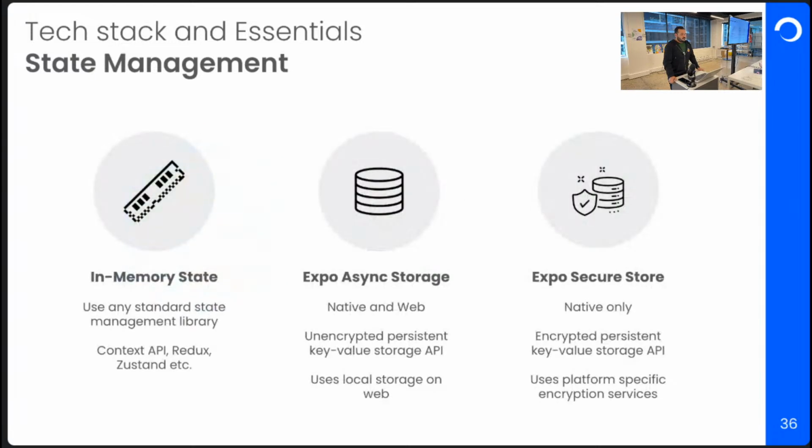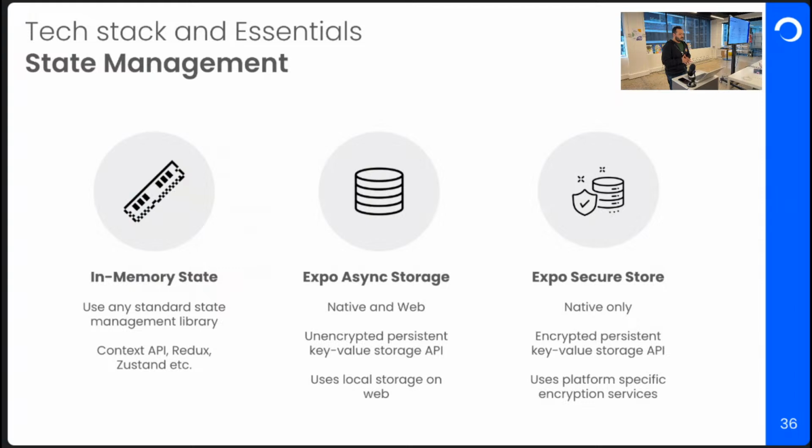Now, in memory state, it's like the runtime is just JavaScript and React and everything, right? So any state management library just works out of the box. You just use whatever you want, Redux, Zustand, any popular library. Then Expo provides this async storage. This is again a wrapper on top of the web local storage and the native storage API, right? So it gives you one universal API to save your data. So you just do Expo async storage dot get item dot set item, similar to your local storage API calls,